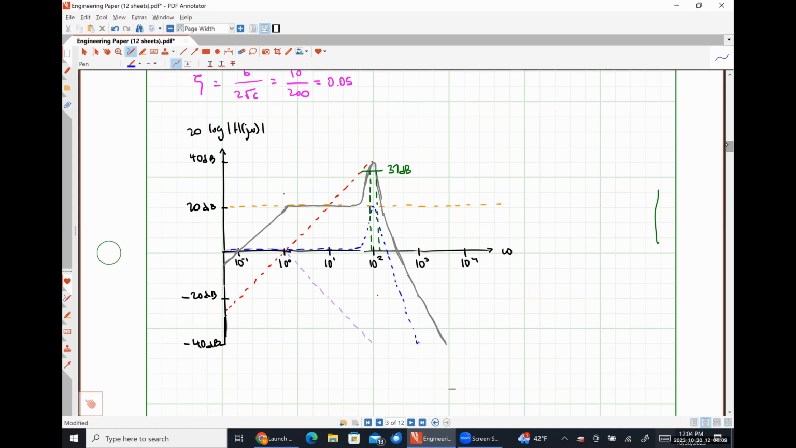Whereas if it were a simple 0, so if instead we would have had something like, let's do S plus 10 in the numerator. In standard form, this would look like 1 plus S over 10, right? And so for something like that, let me do it in this bright green color. It would be 0 decibels until we hit 10 to the 1, and then it would increase at a slope